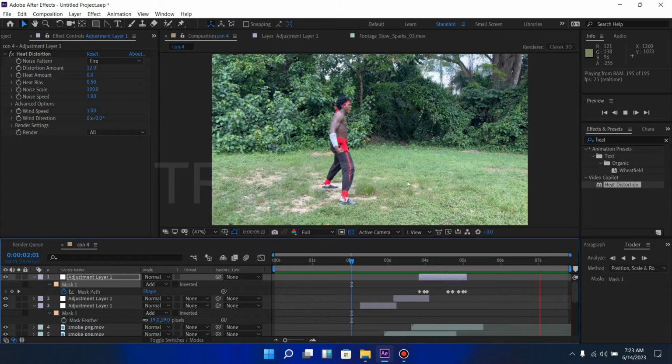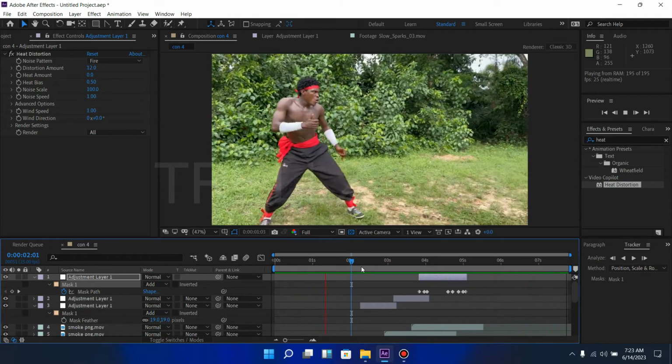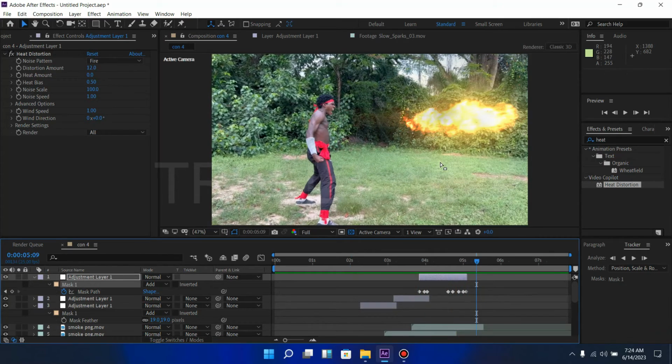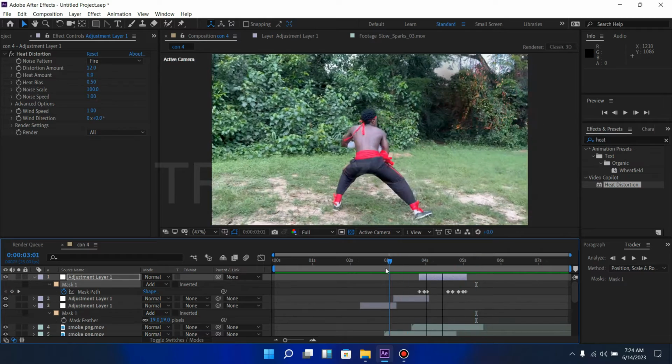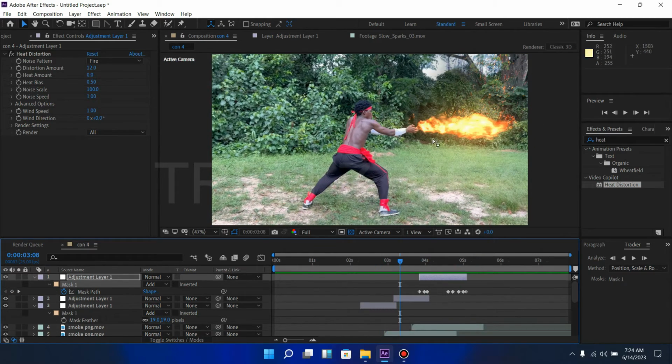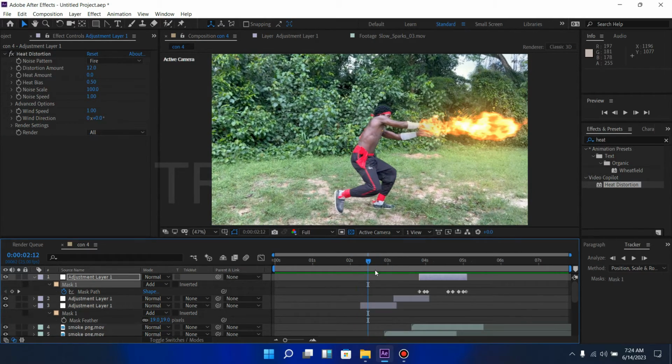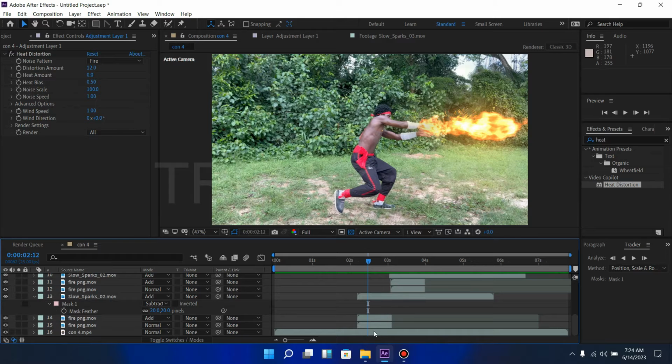It looks like there's this water fire flaming effect, like it's actually following the mirage and everything's actually coming into play. So now one last thing we need to do is, if you check the fire out, there's no way fire could be emitting this amount of fire and it's not reflecting on the floor. Like at least there should be some signs of light on the floor. So to do that, I'm just going to go down to the video layer, which is this one